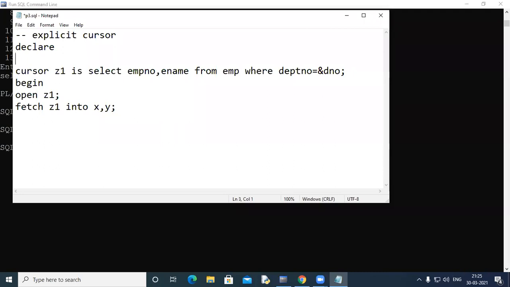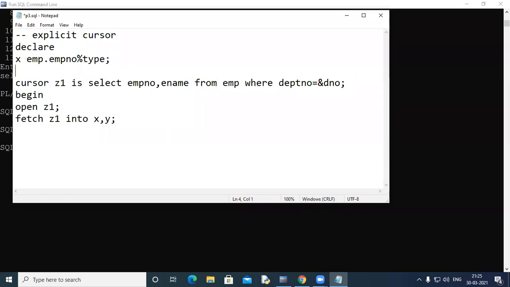With the same declaration style that we used in our previous example, X is for emp number, so we should write something like this. Similarly, Y is for ename. So you can write here Y, and here ename. I hope the meaning is clear that X is a variable whose data type is similar to the emp number column of the emp table, and Y is a variable whose data type is similar to the ename column of the emp table. So when I write fetch Z1 into X comma Y,